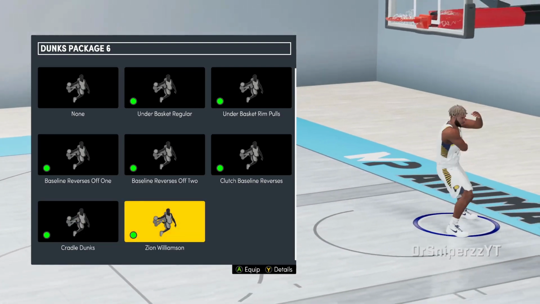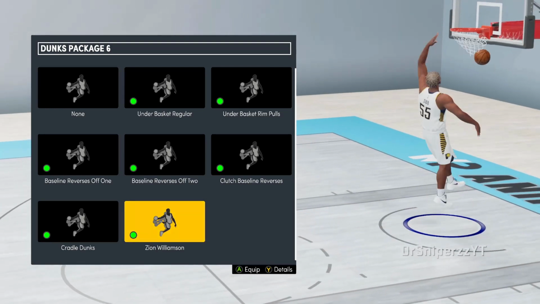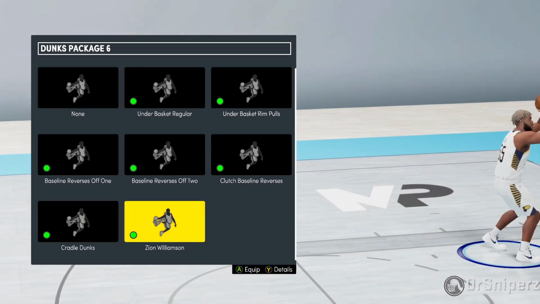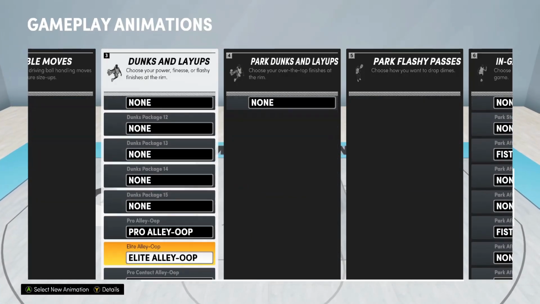And then finally, I have Zion Williamson equipped. I don't even know if this is good. You get it for free for pre-ordering the game. So I might even take that off. I don't know. It could sell you. I wouldn't recommend Zion Williamson unless you have it for free. You shouldn't go out of your way to buy him. But cradle dunks, you definitely should. So that's going to be it for my dunk packages. Let's go ahead and see